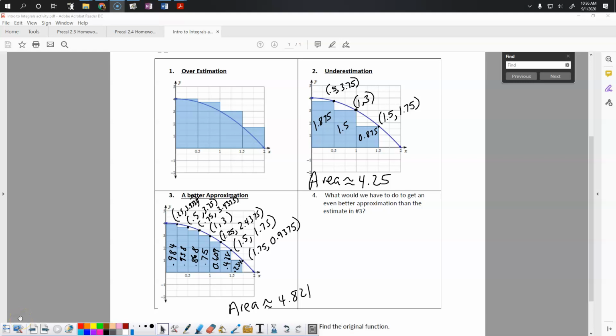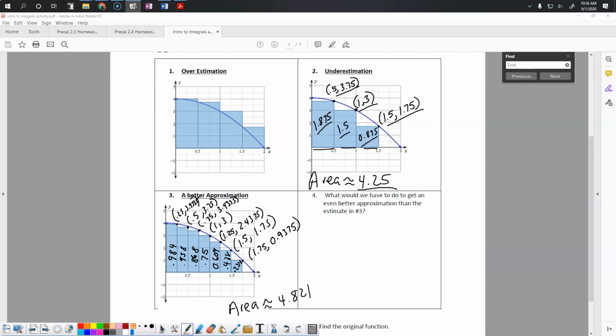Okay guys, so I'm going to start by going over the worksheet that I assigned to you guys last time. These are the answers I got. I put the points, the coordinates of the points here. So you guys can see the y values, which represent the heights of the rectangles. And then for this one, the bases were all 0.5. So if you do base times height, you get all these areas, you add them up, and you get about